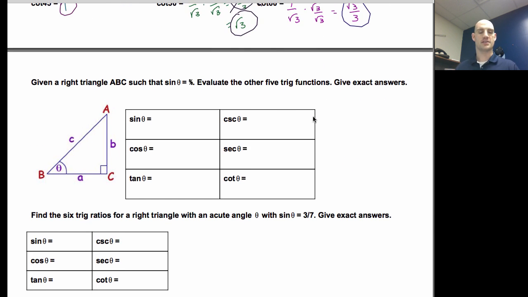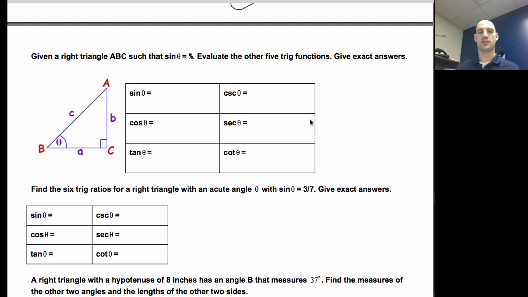So what are they going to ask us to do? They're going to ask us to do a couple of things. They're going to ask us to fill in the 6 trig values for triangles. As we do that, they're going to leave out certain pieces of information. And that's okay, because when they do that, they're asking us to take the next step. And so this is the extension. They're not giving us all 3 sides, or they're not giving us all of the angles, but they're asking us